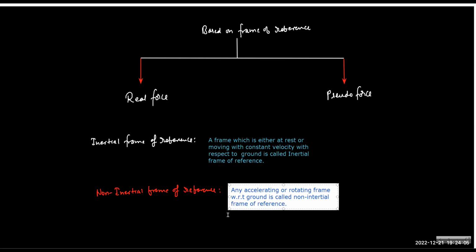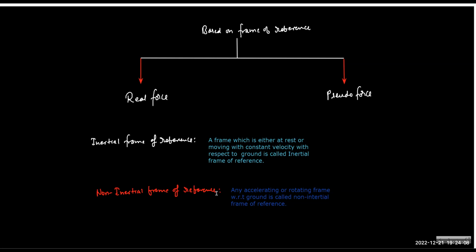It means if you are sitting in a bus or car which is accelerating, or if you are on a merry-go-round which is rotating, the moment you are in such a situation and you try to observe the motion, you become a non-inertial frame observer. And the pseudo force comes in for those conditions: when you are sitting in those frames, you tend to experience something extra, which is not real. So we call it pseudo force. We'll come to that in detail. We have a topic called non-inertial frame of reference and pseudo force, so we'll study it separately, not now.